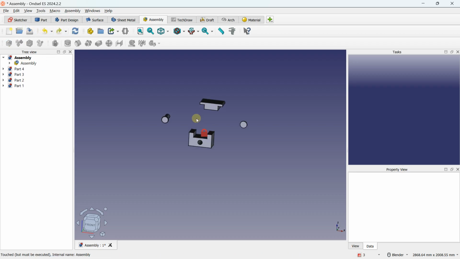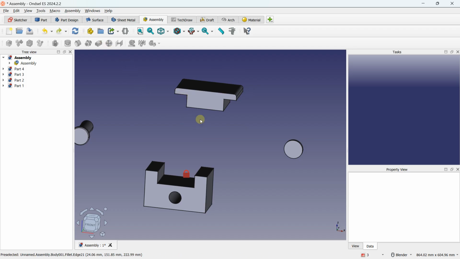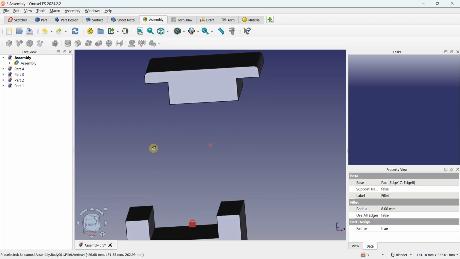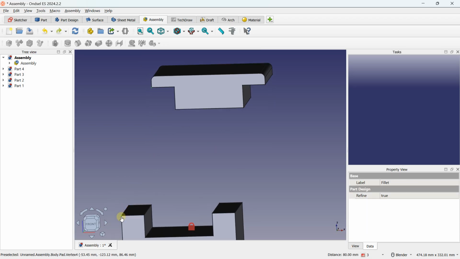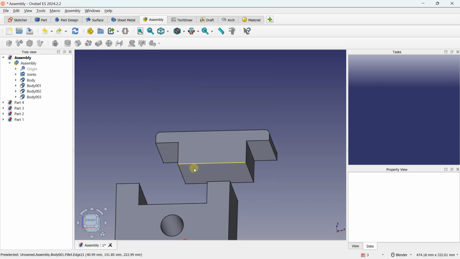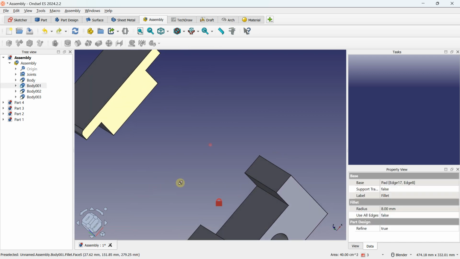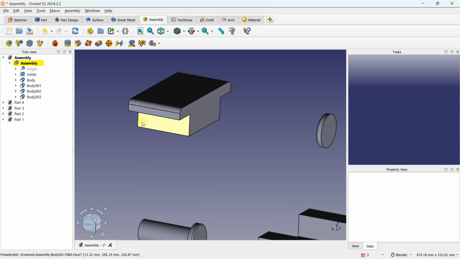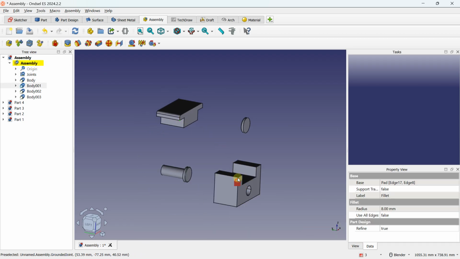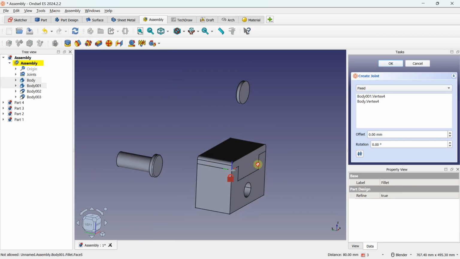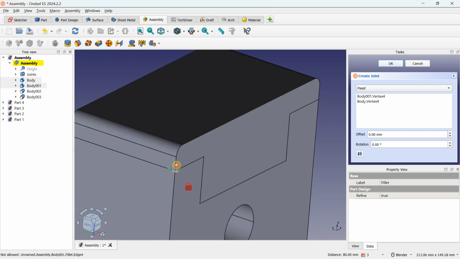So let's just come back to the assembly, just at this moment here. And something that you can do also, you can select, for example, any corner point. It can be a point like this, and you can select a point just like that. And as you can see here, in this type of case, it's not working properly. If you select, for example, this face and you select this face, just like that, because my assembly is not selected. So now it's going to work. I can select this point and I can zoom and select this point. And now it is the same. If I select create a fixed joint, it's going to work properly also, as you can see. And here you will be able to see the relation.